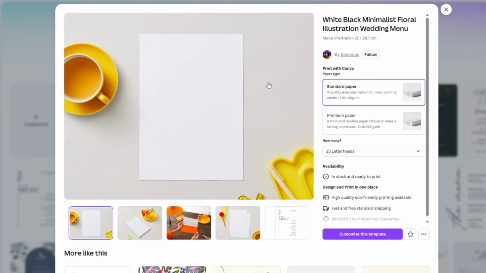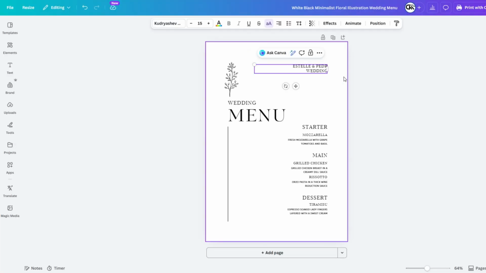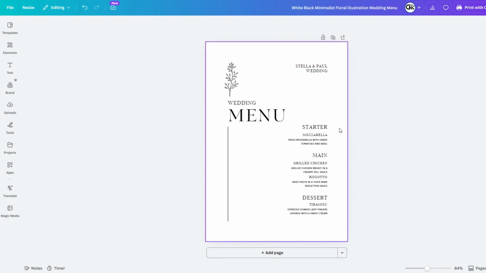I'll check the print details, select the standard paper option, and click Customize this template to open the editor. Once the editor loads, I'll start by clicking on the names at the top and changing them to Stella and Paul. I want a different look for the artwork, so I'll delete the existing floral illustration and head over to